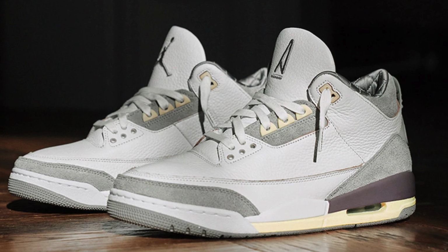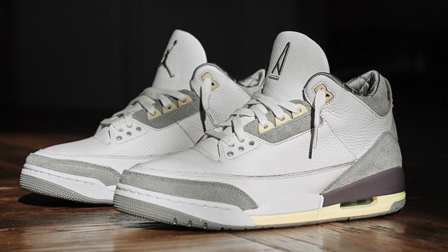Now the second sneaker we're talking about this week is potentially one of the most anticipated sneaker drops of this year. Now some people are even saying this is the sneaker of the year, which I'm not going to dispute at the moment because I haven't looked at them in hand, but what I can say is that these look absolutely incredible. Yep, we're talking about the Jordan 3 A Ma Maniere collaboration in this lovely high premium quality white colorway,